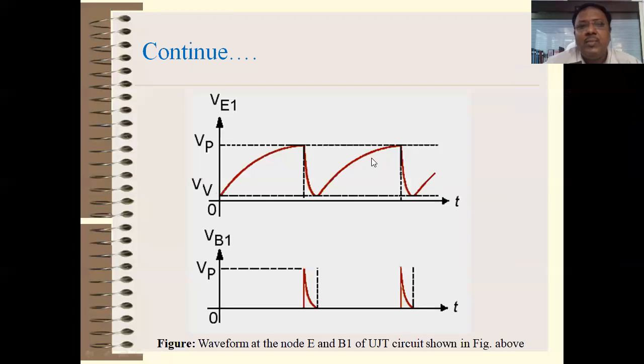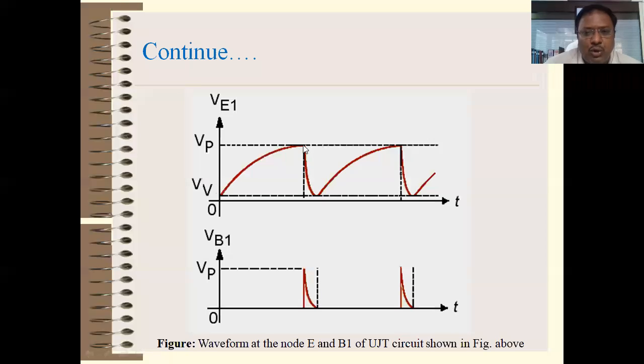So the charging time of the capacitor is shown here. This voltage you can adjust, so the time at which pulses are applied to the SCR you can adjust. It means you can actually adjust the triggering angle alpha, right? So this waveform shows the charging time of the capacitor through resistor R and C, right? That is the RC time constant.